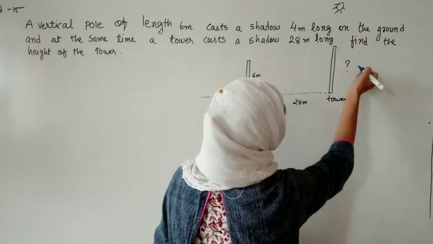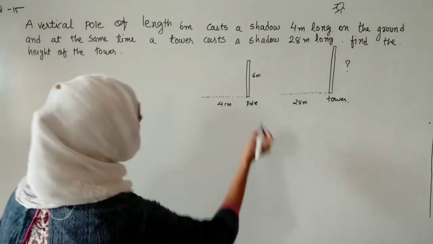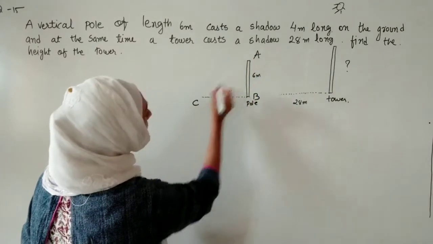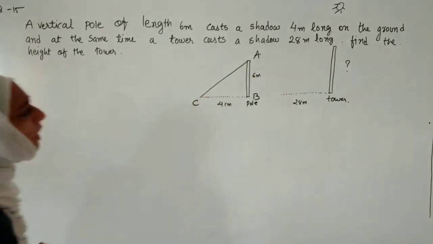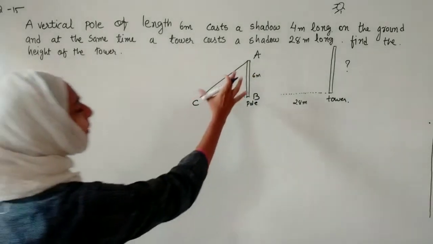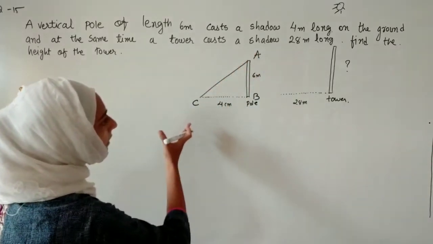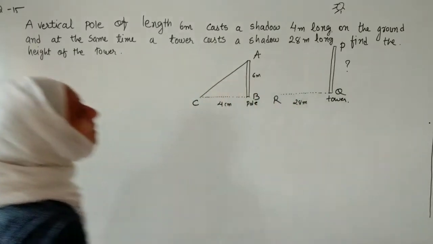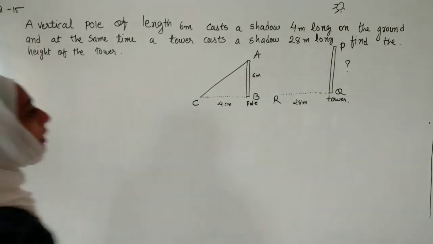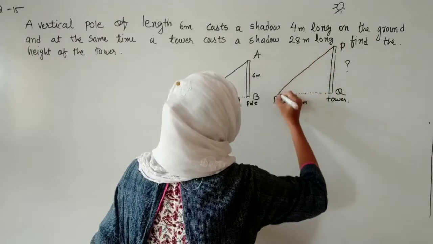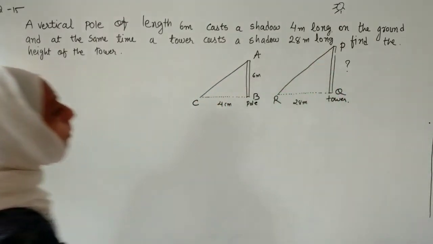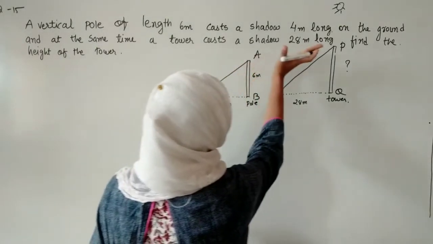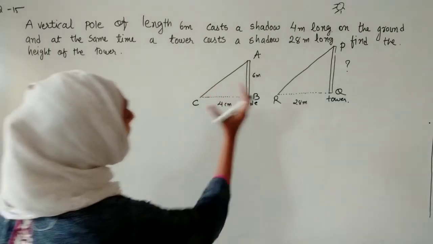So here we can call it H also, or M, anything you like. But if we name the triangle ABC, and if I join the hypotenuse, the hypotenuse of this triangle will be AC. And here let me name it P, Q and R. It means triangle PQR. And if we join this slanting line, it is our hypotenuse, and that is PR. So here, as you can see, there is no use of AC and PR. But why have we drawn them?